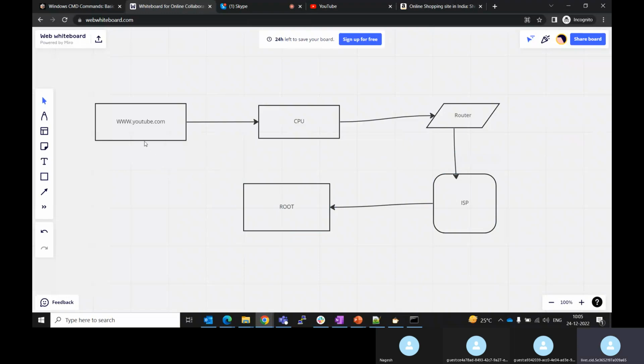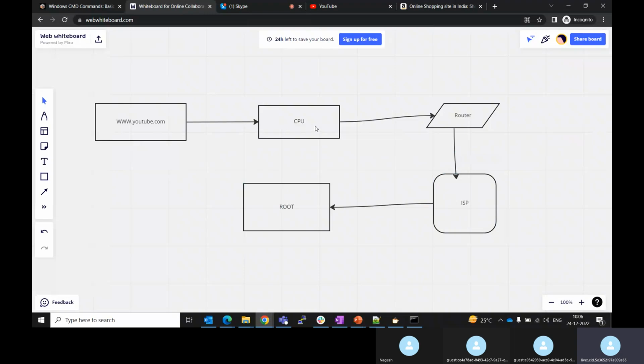Now, if you are hitting a domain, youtube.com, how does DNS actually work? If you are hitting youtube.com for the first time in your system, we don't have the IP address or the domain name at all. We just hit www.youtube.com. For the first time, the browser doesn't have it cached. So the browser checks its cache first, whether it has this domain name or IP address to hit youtube.com. If it doesn't have it, then it goes to the